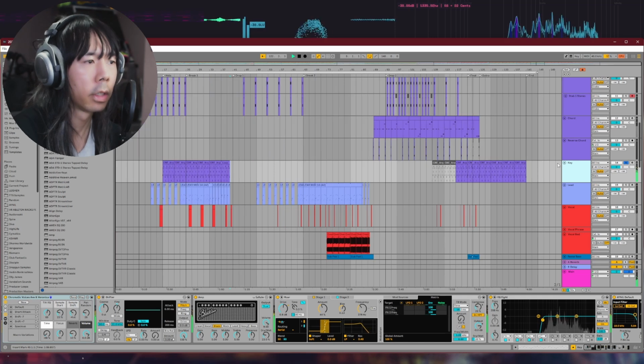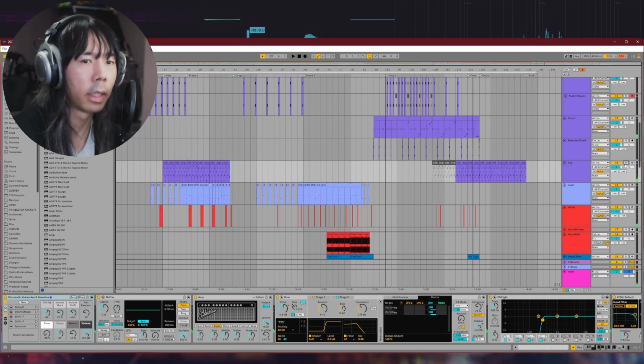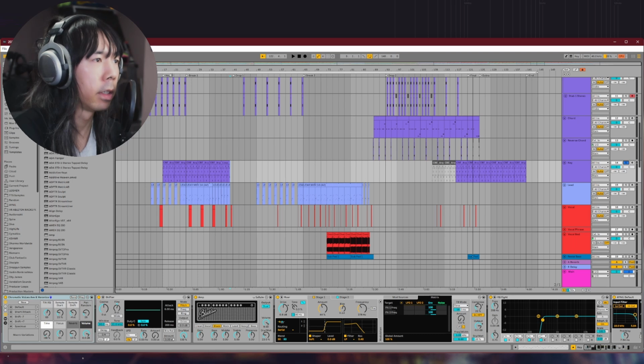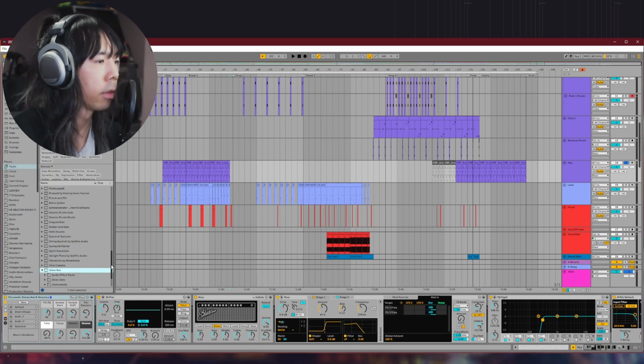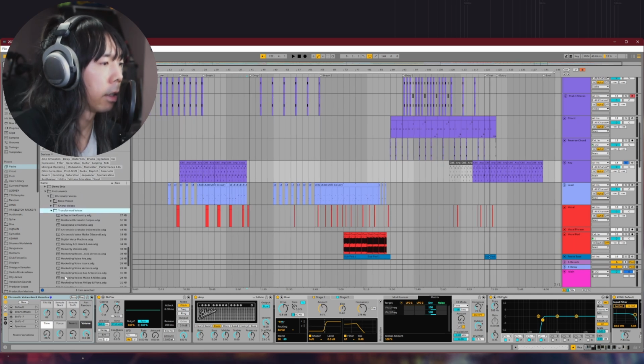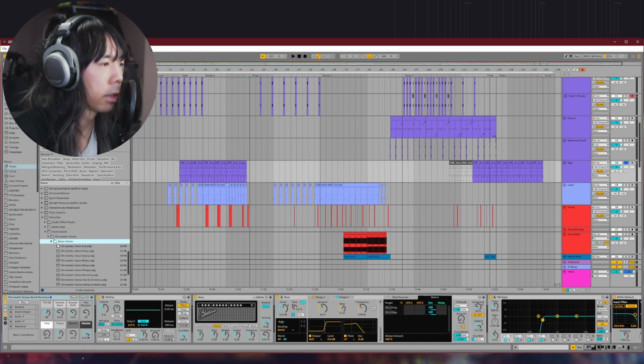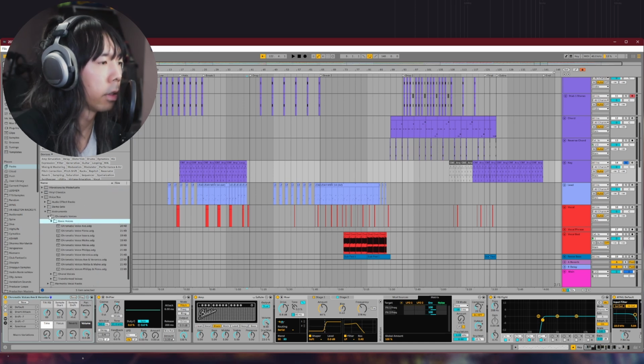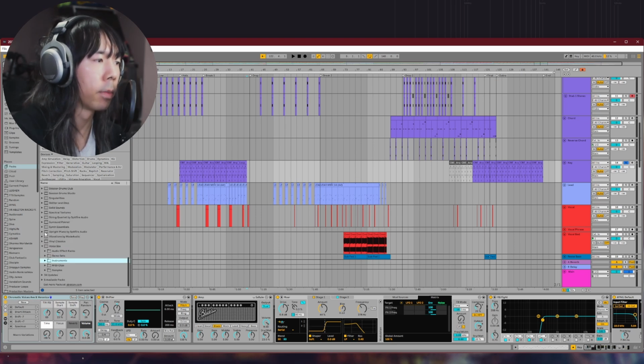This keys channel, I really just have this at the beginning and the end. Yeah, I just have it in the intro and then at the end of the track. And this is from Ableton's Voice Box pack. It's under Chromatic Voices, Av and Veronica. It's somewhere in here. Yeah, okay. So it's under basic voices. I just took one of those voice box instruments, threw it on here, found a setting that I liked, and